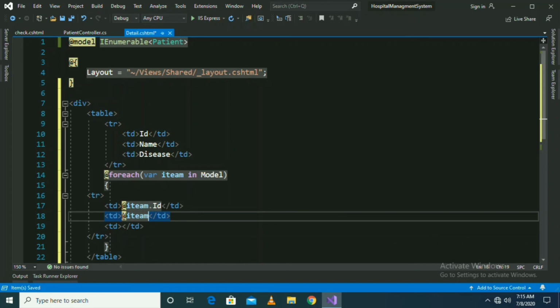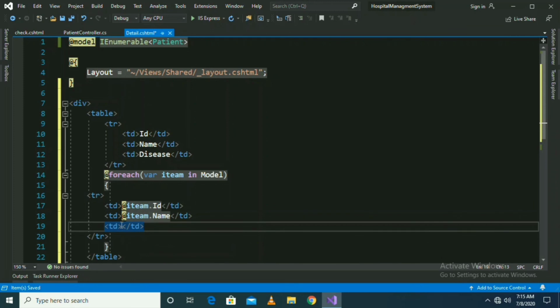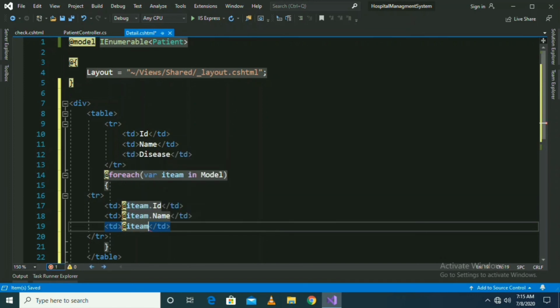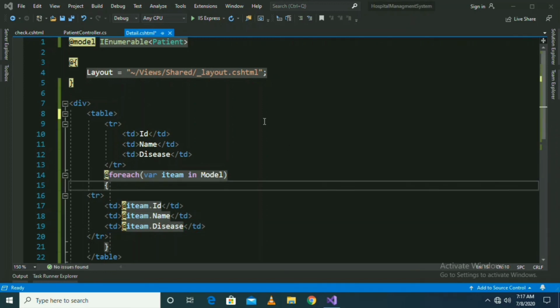Here I have to put item.name, and the third one item.disease. Okay, now I am going to execute it.